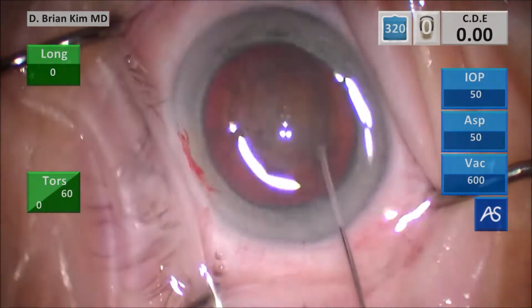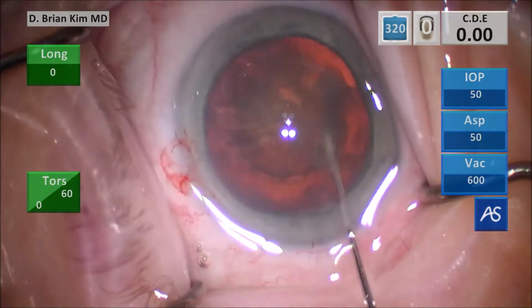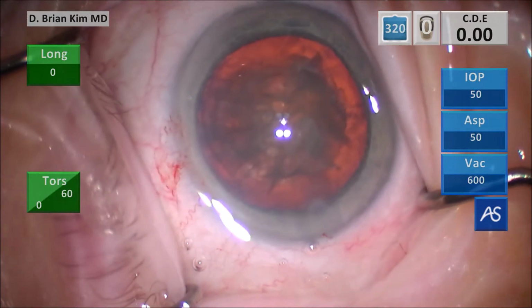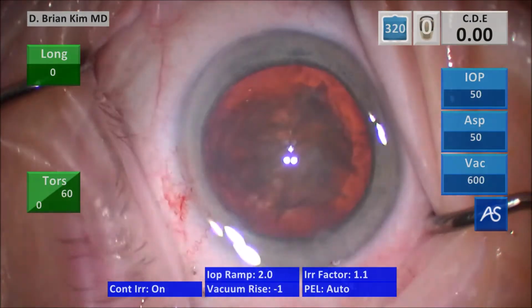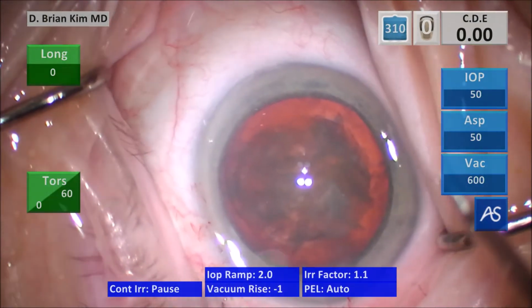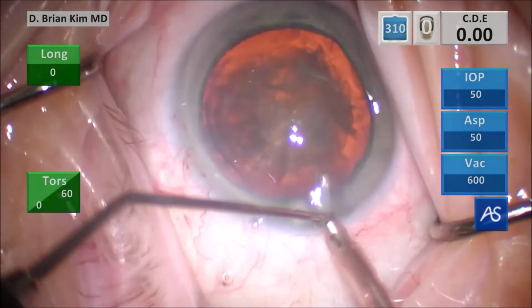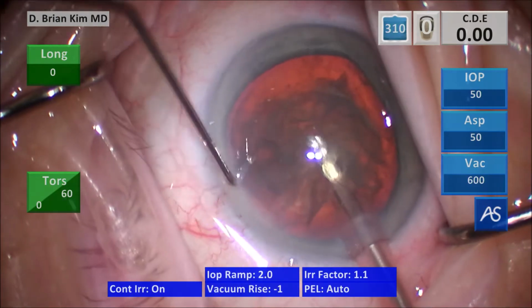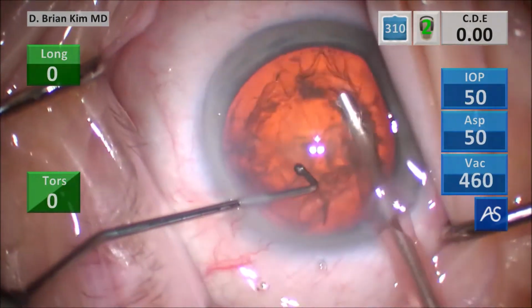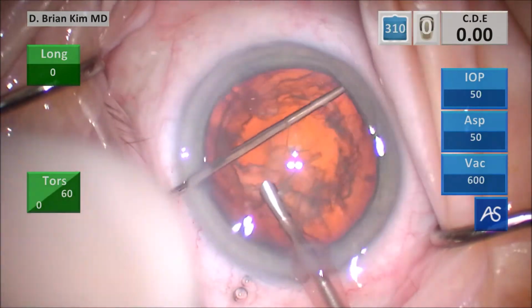We start to spin the lens. The lens is not wanting to spin, again, because of this zonular laxity I was talking about earlier. Irrigate the surface of the eye, adjust the sleeve length, lift the incision with a chopper, go in with irrigation off to minimize Descemet's trauma, removing the surface epinuclear material, placing the chopper under the rhexis edge contra-incisionally,